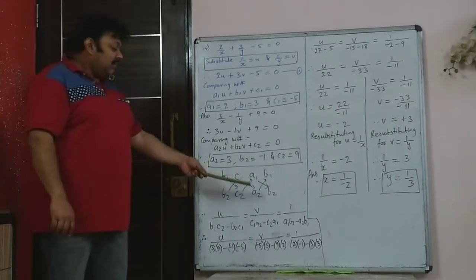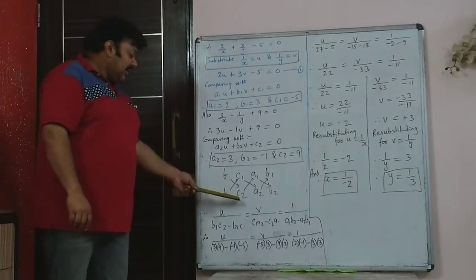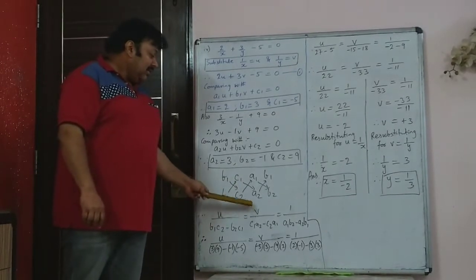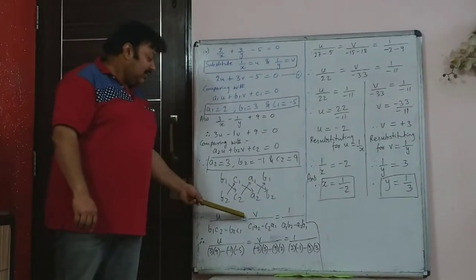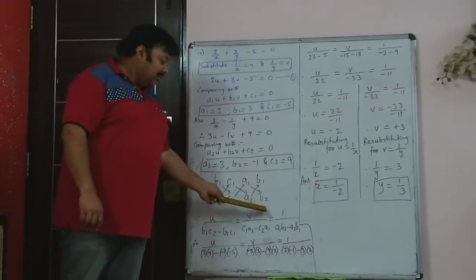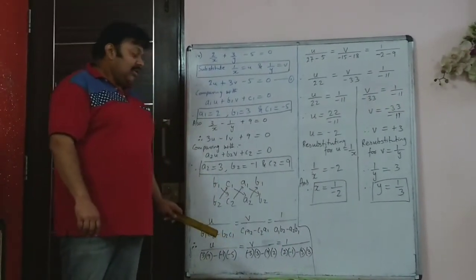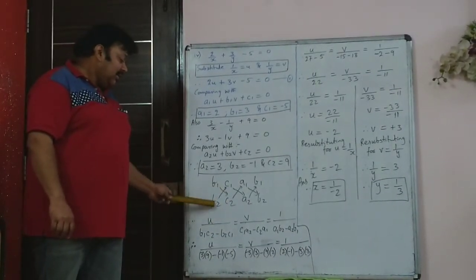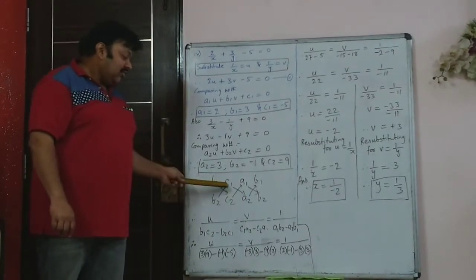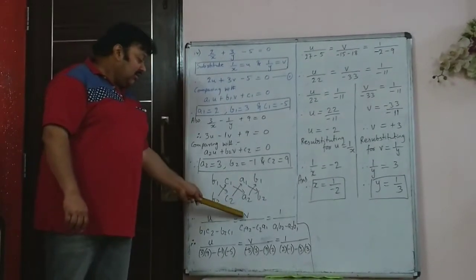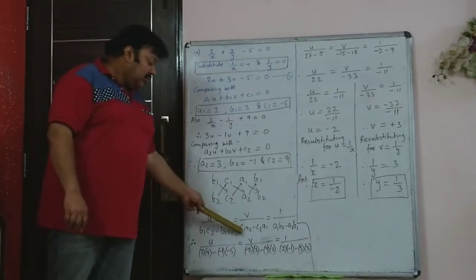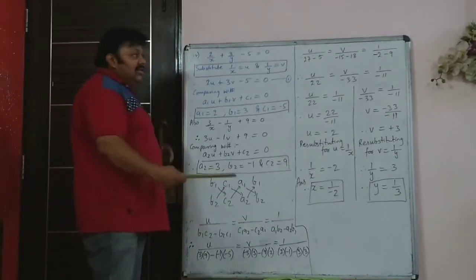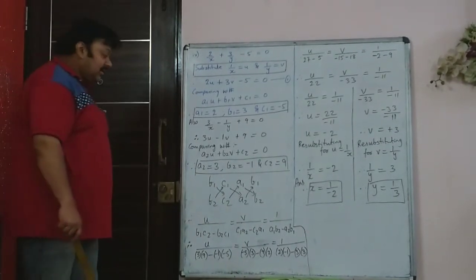So this is the standard formula and then you have to write it the way we had told: u upon b1 c2 minus b2 c1, v upon c1 a2 minus c2 a1, and 1 upon a1 b2 minus a2 b1. So the order has to be maintained, that is if we have taken b1 c2 minus b2 c1 then every time it should be going the same way, that is v upon c1 into a2 minus c2 into a1. You can't reverse this here because then there will be a difference in the sign and you will get wrong sign.